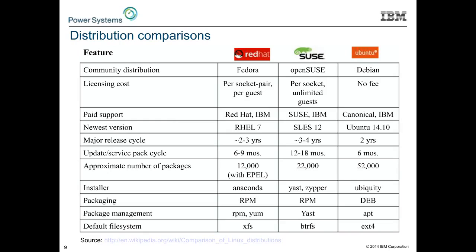But everybody, Red Hat, SUSE, and Canonical, provide paid support. So if you have a defect, if you want help, if you need something fixed, that is where support comes in. That is the second place one may need to pay, the SWMA charge, if you're familiar with IBM nomenclature. Red Hat, SUSE, and Canonical all provide enterprise-level support for their products, and just as well, IBM will support you in this Linux environment.